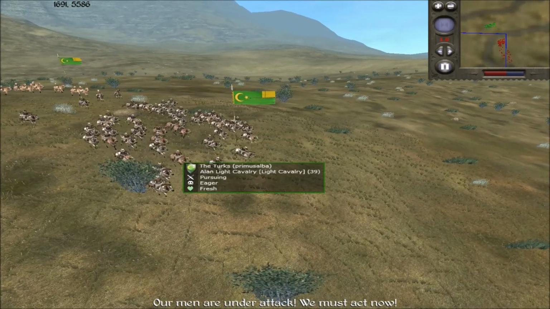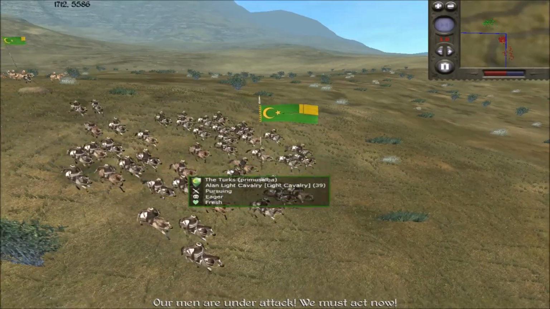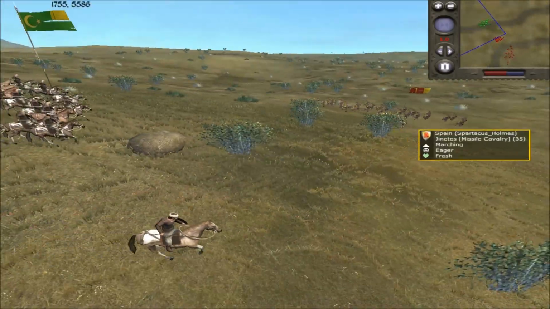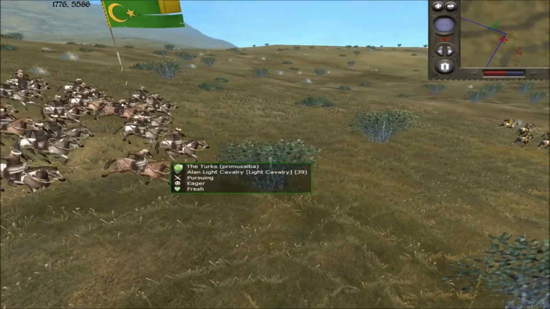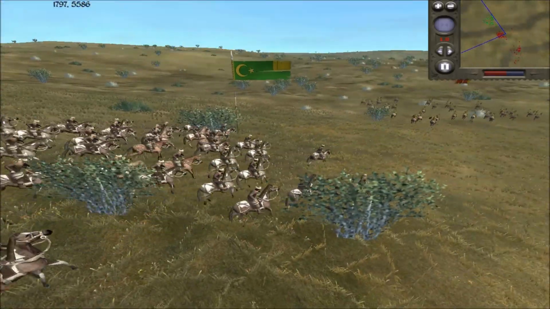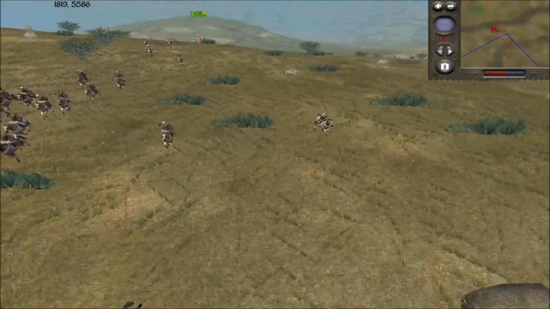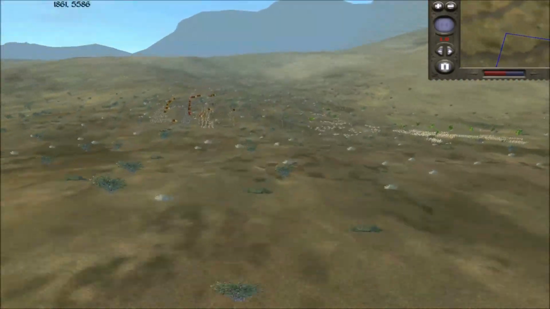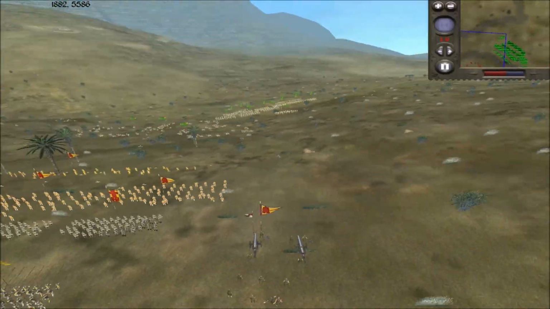I'm just wasting my opponent's time. This is quite hilarious. He decides to go ahead and chase me down with his light cav. That's fine. I'll throw javelins at him the entire way. My guys are just as fast, if not faster than his guys, so I don't mind at all. Just showering them with a couple of javelins and wasting this time, because over here